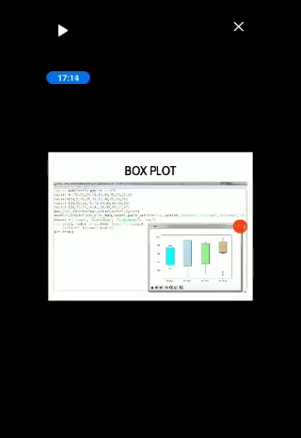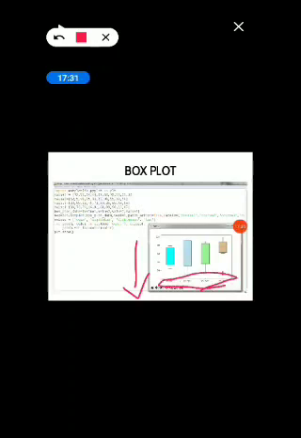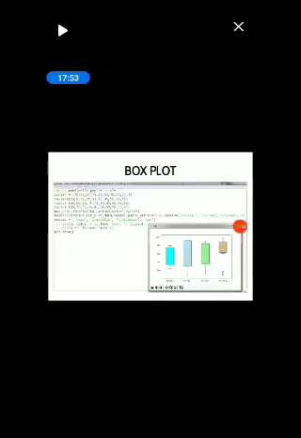Take vertical equals to 1, so it will give you the vertical dimension, and then patch_artist equals to True, labels course 1, course 2, course 3, course 4, and colors cyan, light blue, light green and tan. For patch, color in zip(box, colors), patch.set_facecolor(color), and lastly use plt.show to show the graph.